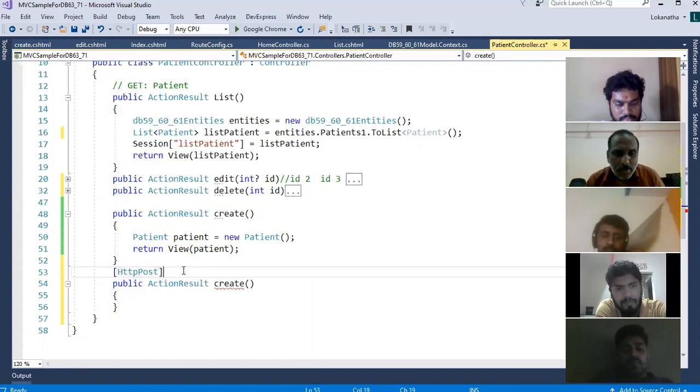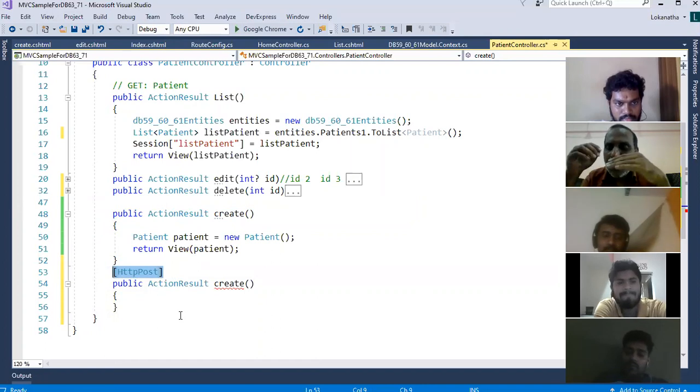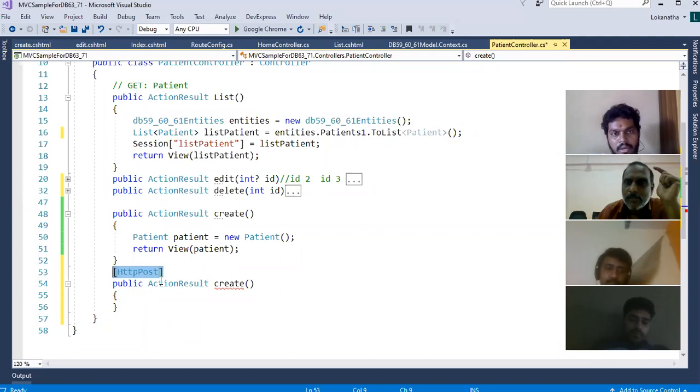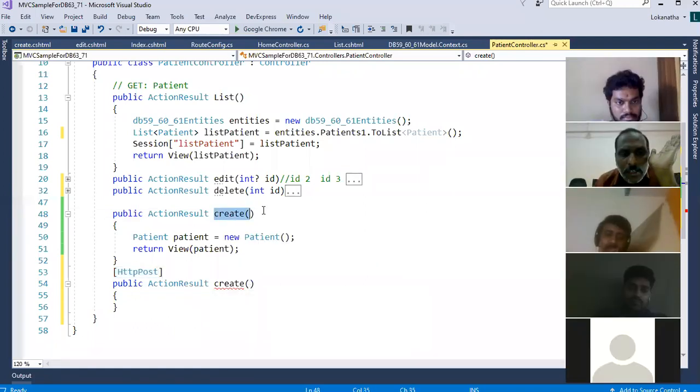Remember, HTTP post is a special attribute. You must apply that attribute on top of any function when the function has to be executed only during the post back request. Now, when exactly will each function be called?